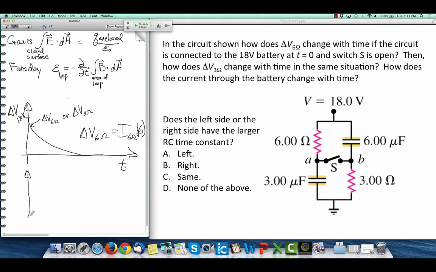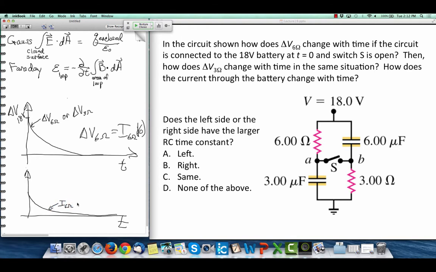If I wanted to find the current as a function of time, I just take that voltage and divide by a constant, and so it's a picture that looks just the same. It takes the same amount of time to go to half the value for the voltage or for the resistance. This is just the current